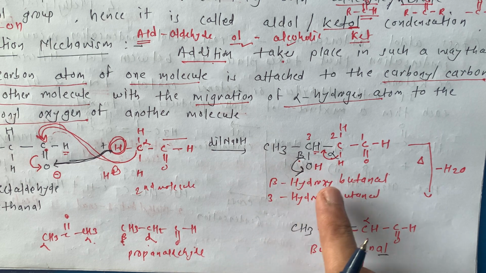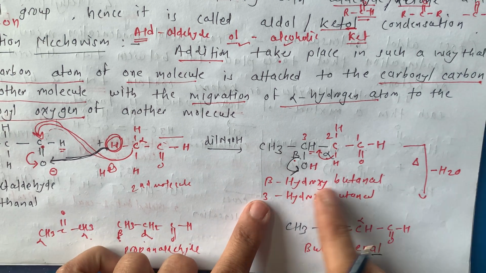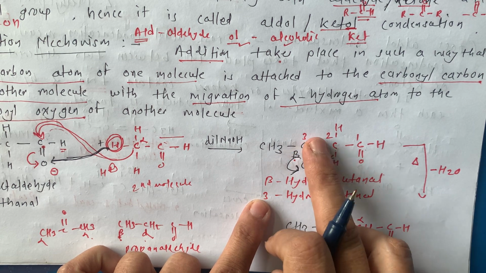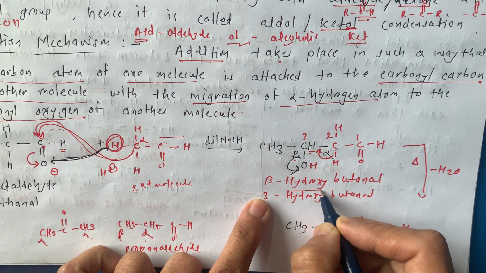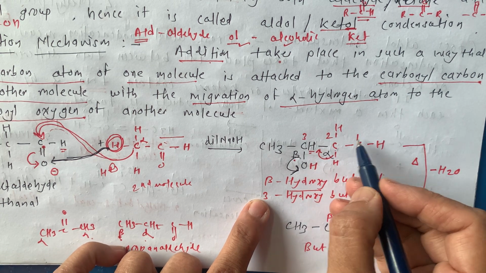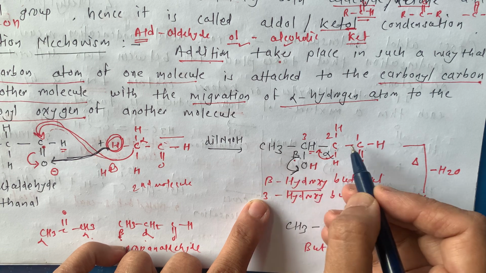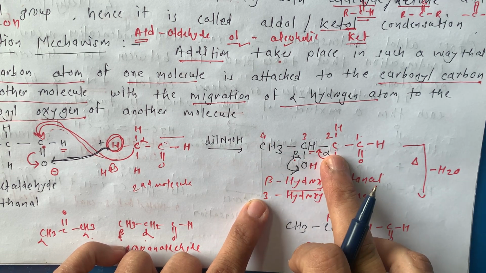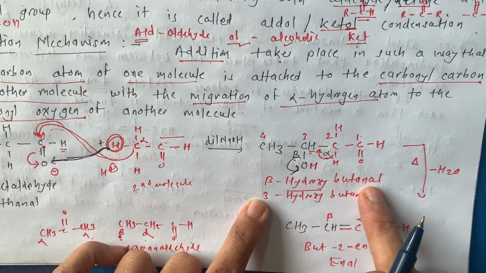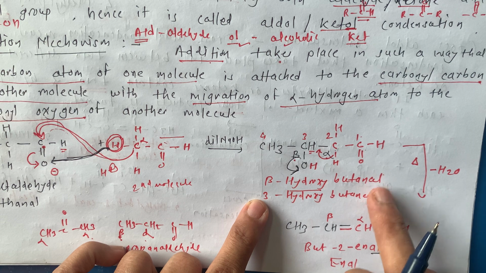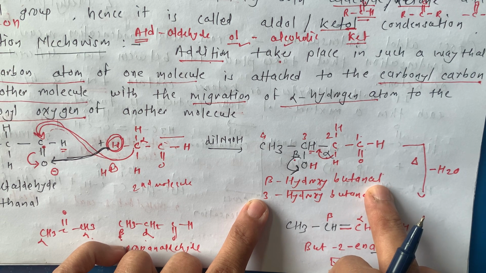Then here, see, on this beta carbon there is a hydroxy group, and an aldehyde is there. How many carbon atoms are in the molecule? 1, 2, 3 and 4. So this is a derivative of butane. E is replaced by Al as the functional group. The first priority is of Al, so we write Al over here.